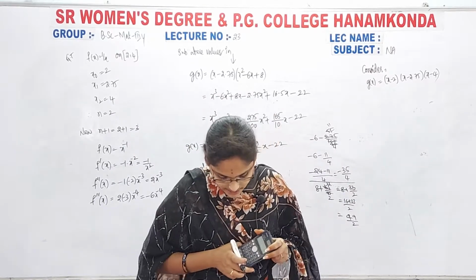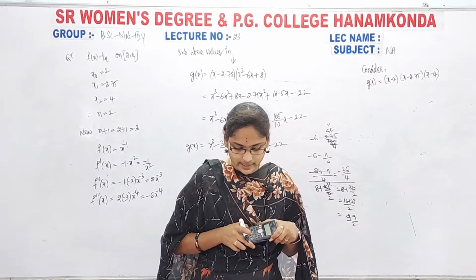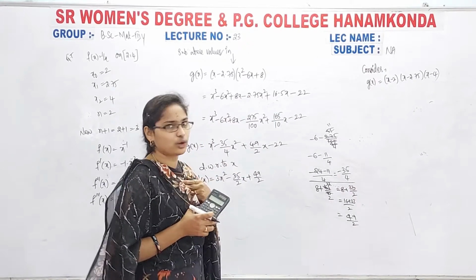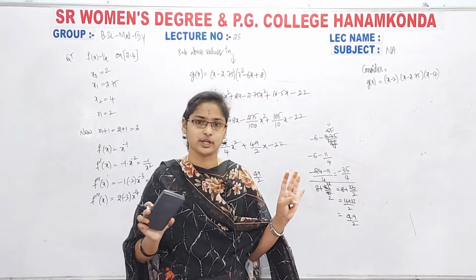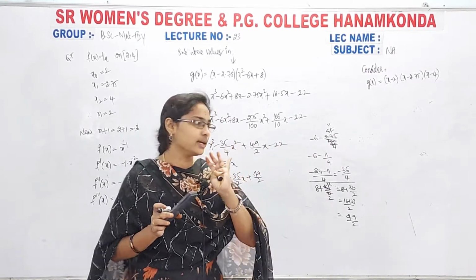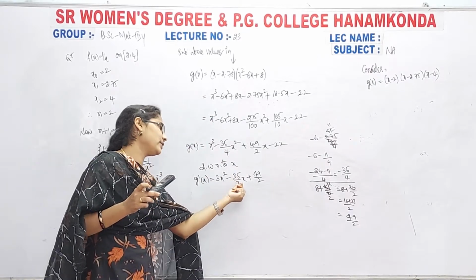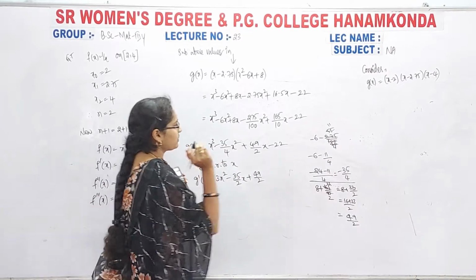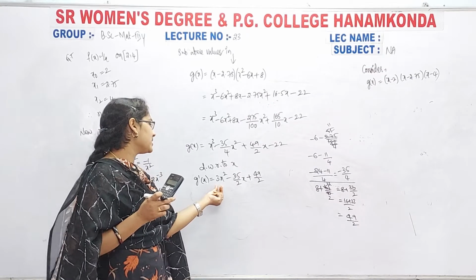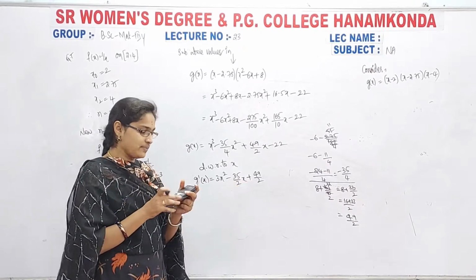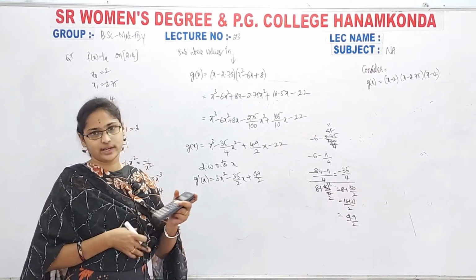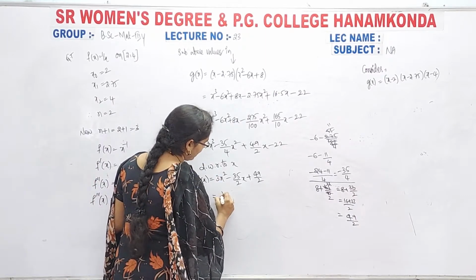Now here they are substituting values like x is equal to something. First of all we have to know the values of x, because in this question they did not mention it. In the previous question they mentioned that x is equal to 3, but here they are not mentioning it. That is why we have 3x square minus 35 by 2 x plus 49 by 2, and we take that it is equal to 0. By taking the LCM we get 6x square minus 35x plus 49, and 6 into 49 is 294, and for the 294 we take fractions and solve for the values of x.